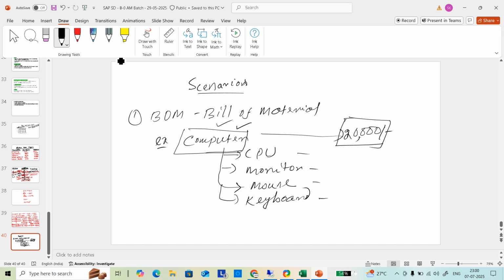For example, the CPU is 10,000 rupees. Monitor is 5,000 rupees. Okay, mouse, for example, is 2,000 rupees. Keyboard is 3,000 rupees. So if we sum this, 10, 5, 15, then this is also becoming